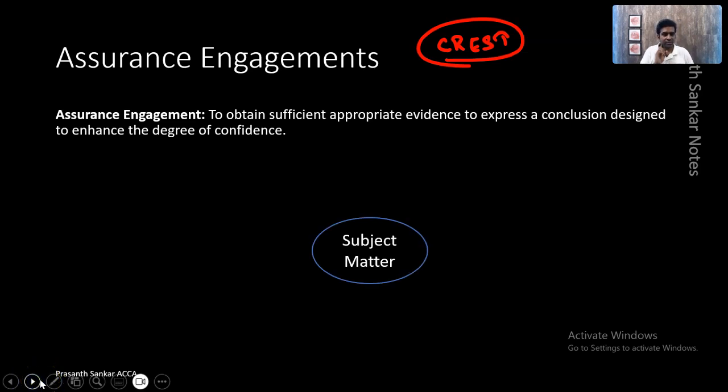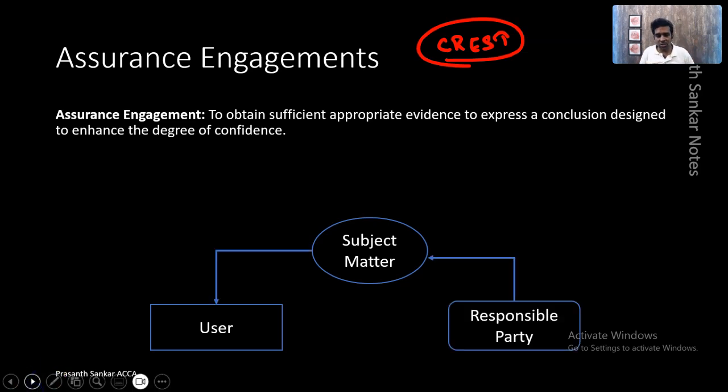Firstly, there involves a subject matter. Like I said, the food on a plate, that is a subject matter. Here, anything that a practitioner or an expert will look into will be considered as a subject matter. There will be a user or a consumer or an investor. Let's say I am investing in a business. I am the user of the subject matter. The subject matter here will be the business themselves, the financials of the business. Or let's say I want to check whether the business's factory is doing good. The subject matter will be the factory. Likewise, there are various assurance engagements, and ultimately there should be a subject matter and there should be a user who will be interested in the subject matter.